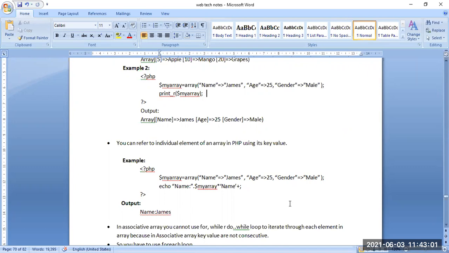Here we are printing that particular key's value, where the key is the string name. What is the value present in name? That is James, so that will come as the output. This is how we can individually access each element.